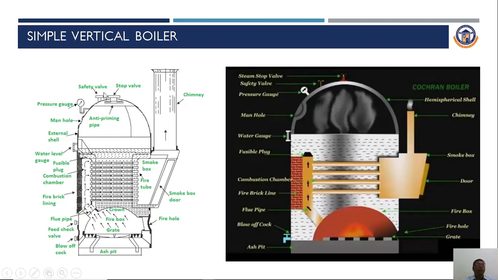Then the safety valve. If the steam goes beyond the limit, to protect the boiler from bursting, the safety valve opens automatically to remove the excess steam from the boiler unit, maintaining the boiler in a safe condition. Now we go to the